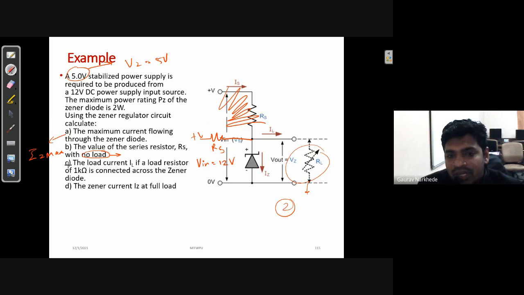Then load current IL if load resistor of 1K is connected, मतलब RL 1K होगा तो what is the value of IL, ये आपको फाइंड आउट करना है, करेक्ट।